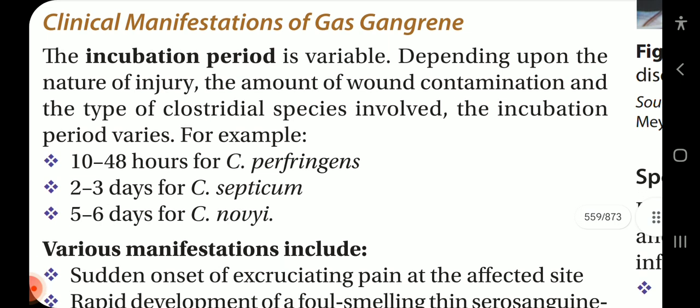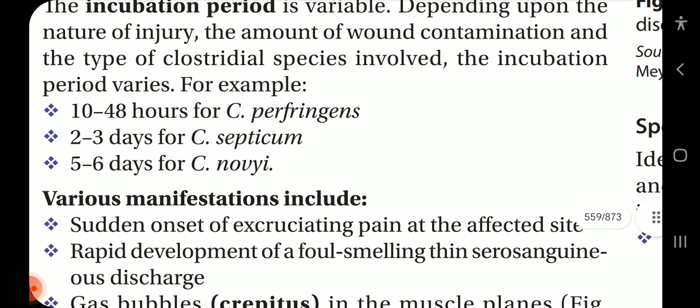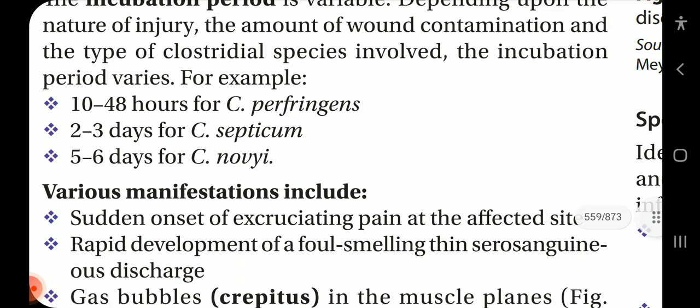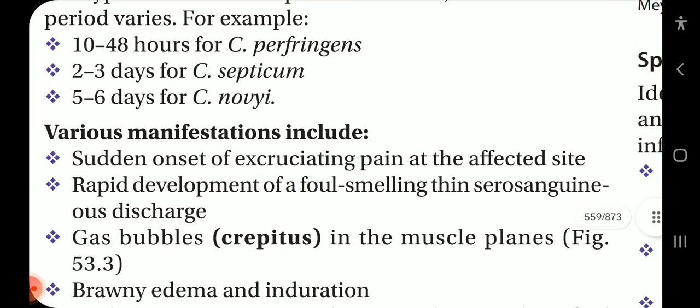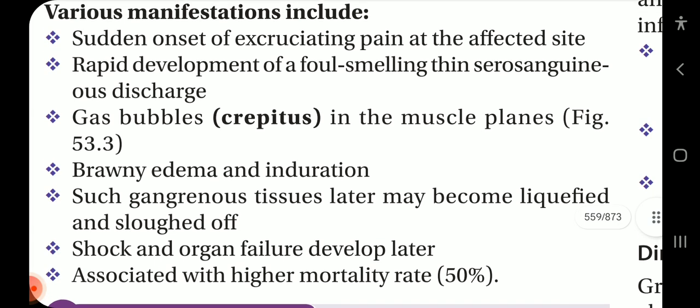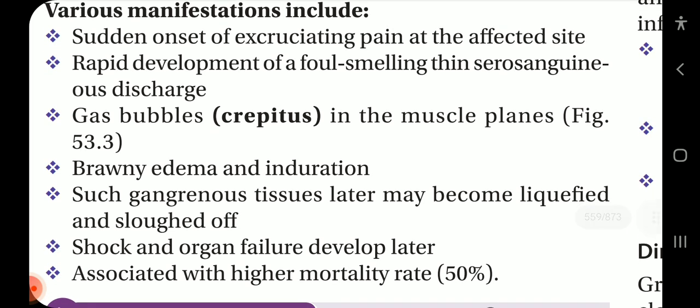Clinical manifestation of gas gangrene. The incubation period is variable depending upon the nature of injury, the amount of wound contamination, and the type of Clostridium species involved. For example, 10 to 48 hours for C. perfringens, 2 to 3 days for C. septicum, and 5 to 6 days for C. novyi. Various manifestations include sudden onset of excruciating pain at the affected site, rapid development of a foul smelling, thin,